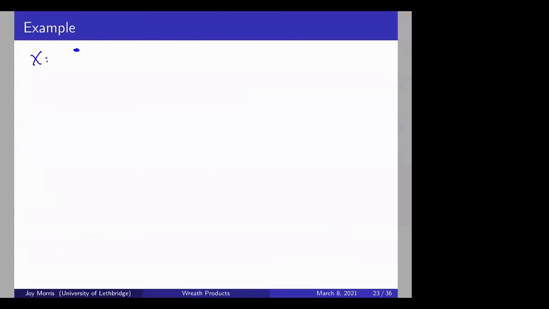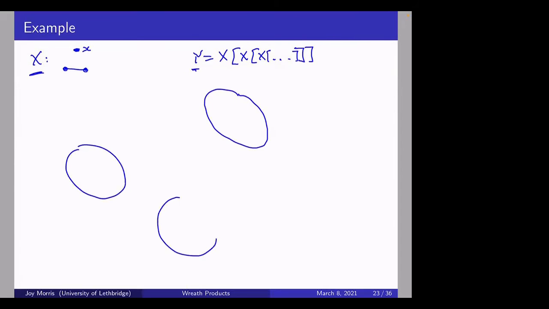So let's suppose X has to have an isolated or complete vertex. Here's its isolated vertex, little x, and it's just got these three vertices. And Y is going to be the infinite lexicographic product of X with itself as many times as you like. Well, infinitely many times. There are other ways to do this, but this is one way to get an inverting X point. So in order to get the lexicographic product of X with Y, I take a copy of X and blow it up.